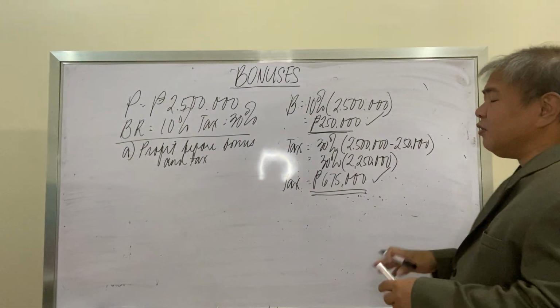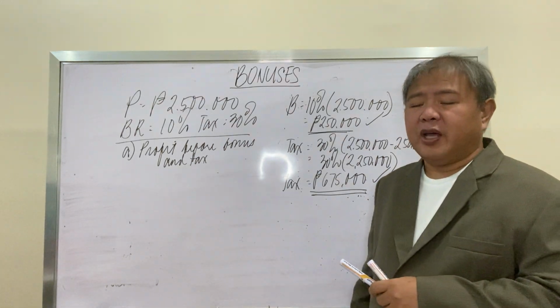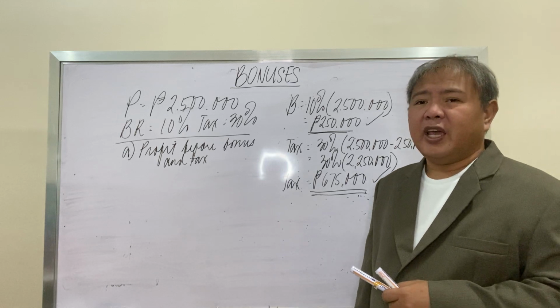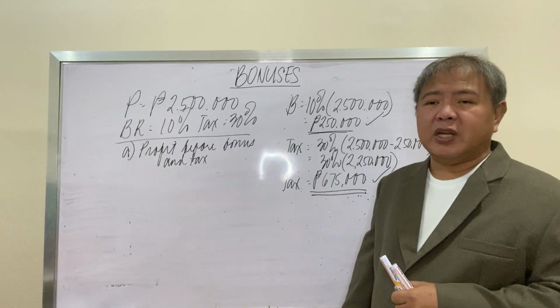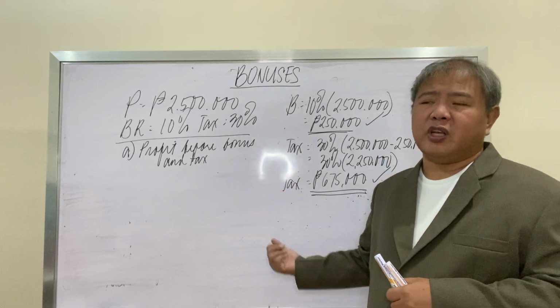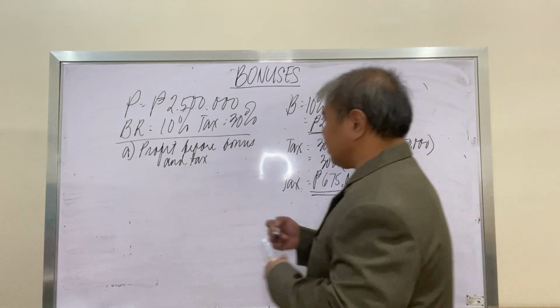So at the end of the year, if it is based on profit, then management can already make a computation estimate of the bonus. And this can be booked as a liability in the books of accounts, debiting employee benefits or compensation and crediting liability for bonuses. Number two assumption is that